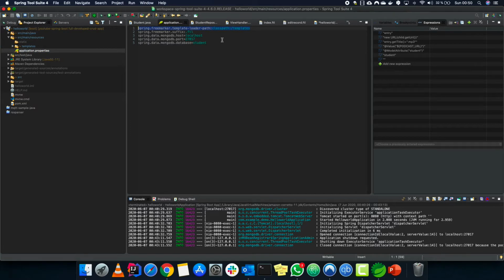So we give our FreeMarker. First of all, we are going to go through the FreeMarker properties. We give it our FreeMarker template path, that is, where we should take our views from. So it is classpath and templates, which is this particular folder. So here you can see we have,